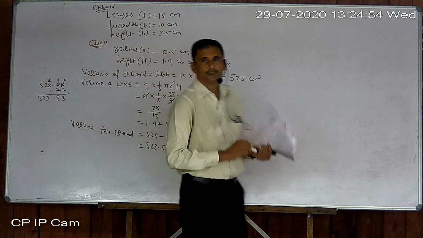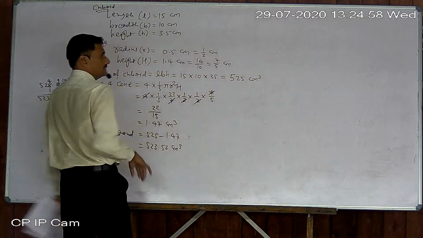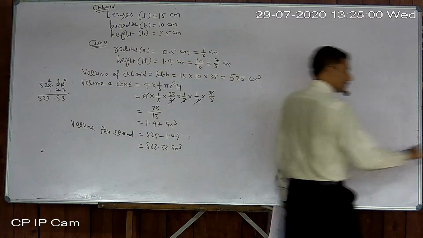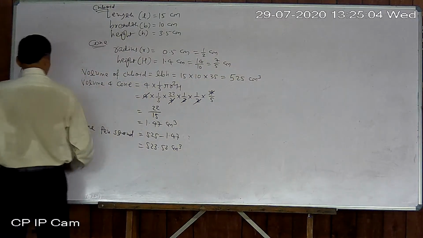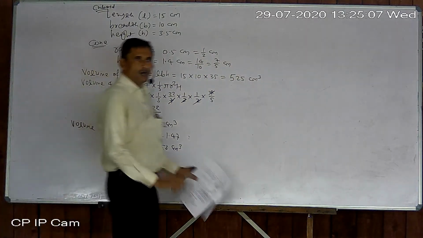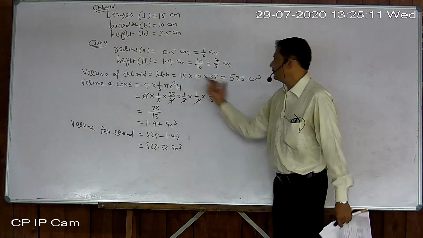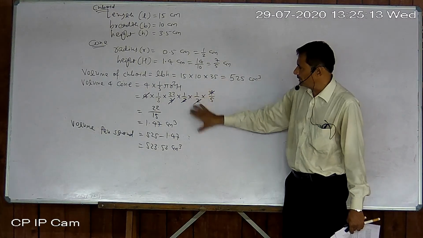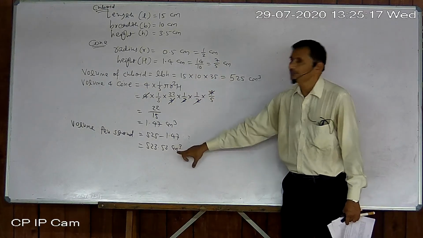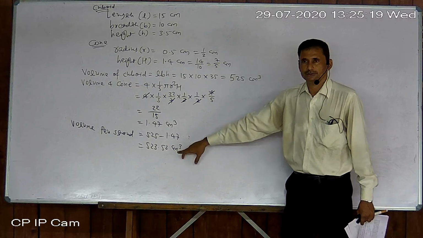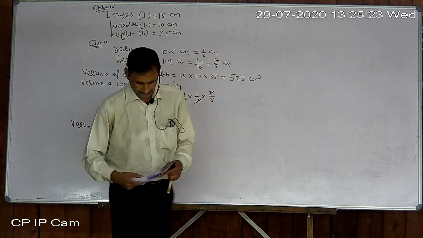Okay. So I think it is very simple, just understand the question. Out of the cuboid, 4 conical depressions are removed. So whatever part is removed, that is called a pen stand. So we first find the volume of the cuboid, then the volume of the 4 cones, then out of the cuboid these 4 depressions' volume is removed. Whatever is left, that is the required answer. Okay. And just see the figure also given in the textbook.